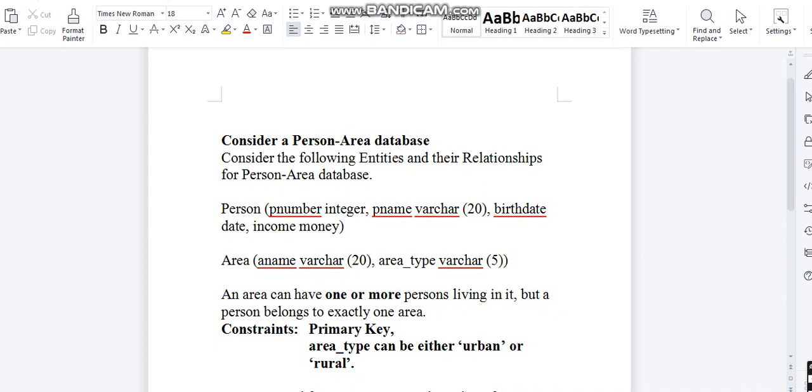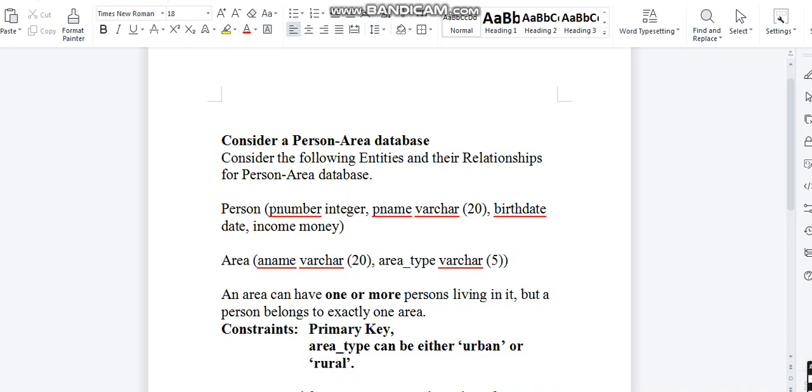The data types for the attributes are given, like integer for p number, money for income, varchar for a name. Now the relationship is that an area can have one or more persons living in it, but a person belongs to exactly one area.